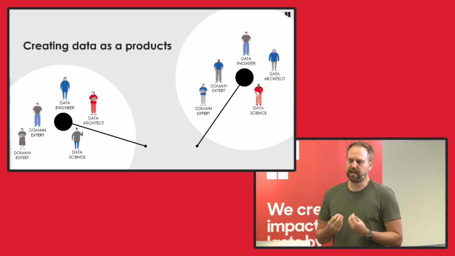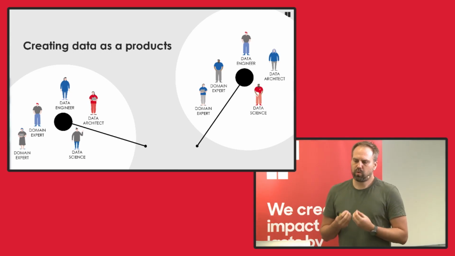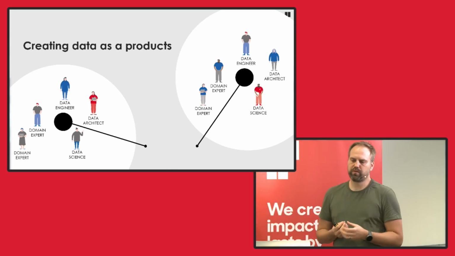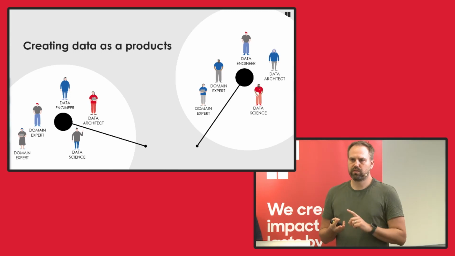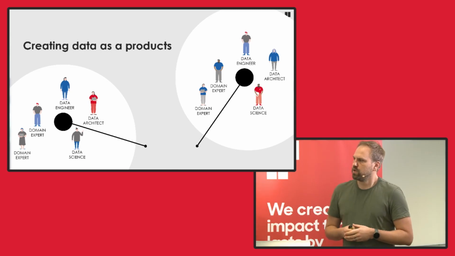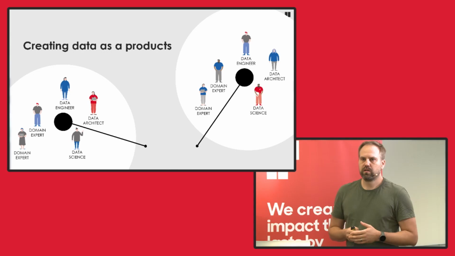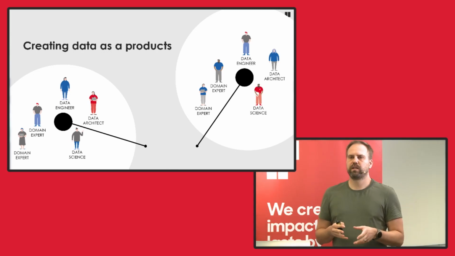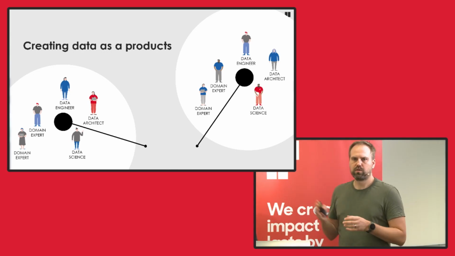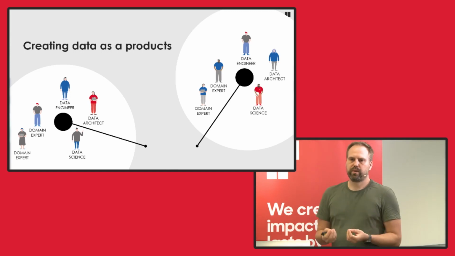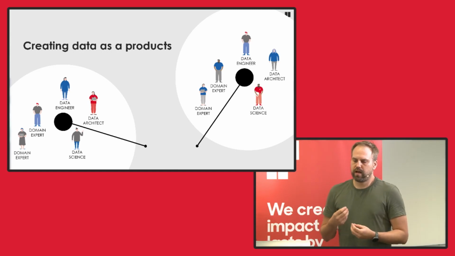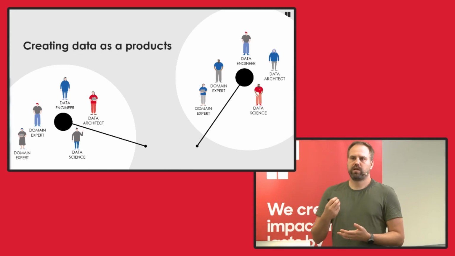So what is the data as a product? Actually, the quantum, the core of a data as a product, is not only a data set. It's data, it's the code, it's the infrastructure. And they should be decoupled. So if we need to make changes to the data product on the left hand side, you shouldn't worry how it's affecting the data product on the right hand side. So they should be decoupled. They should be independently deployable so that you can optimize each data as a product for the consumers who are using it.